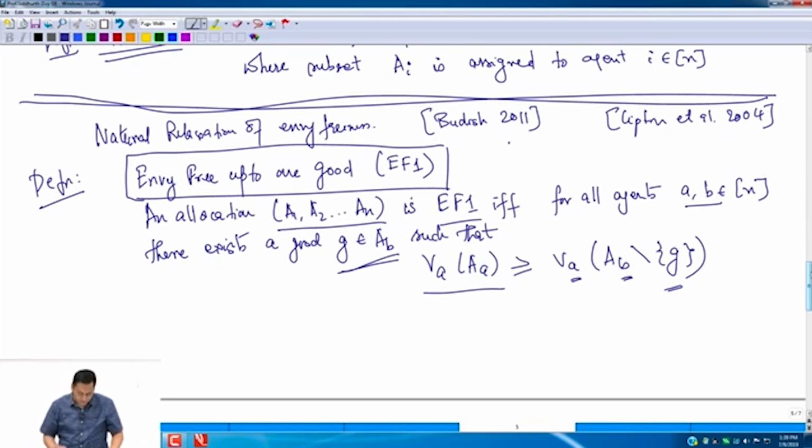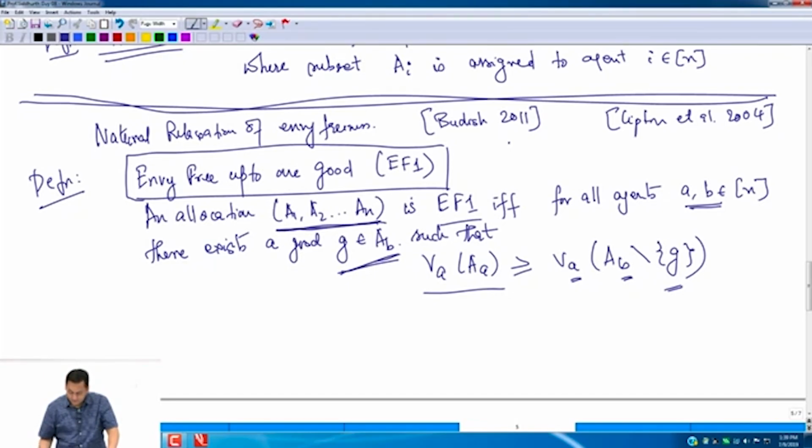So, just to recall, the output of the fair division exercise has to be a partition of the goods into n subsets, where n is the number of agents. So, every agent gets a subset of goods. These subsets have to be pairwise disjoint, so a good goes to exactly one agent. Such an allocation is deemed fair under this definition, EF1, if and only if the following condition holds: if I look at any pair of agents A and B, then there is a good G in the second agent's bundle, the subset assigned to agent B, i.e. in AB,